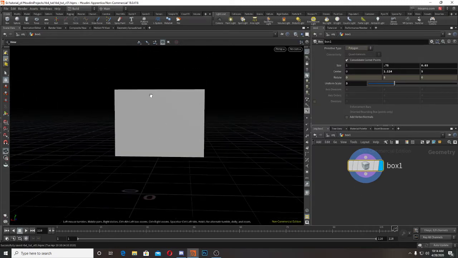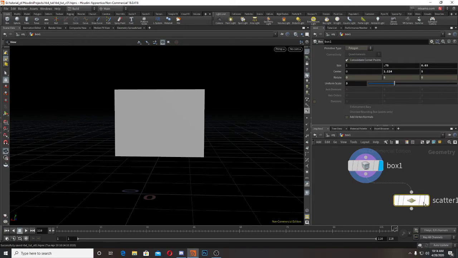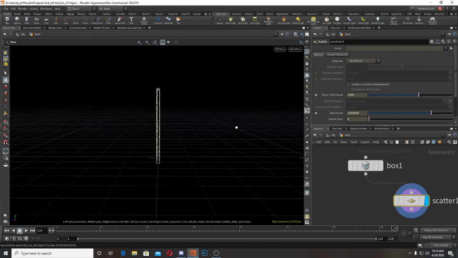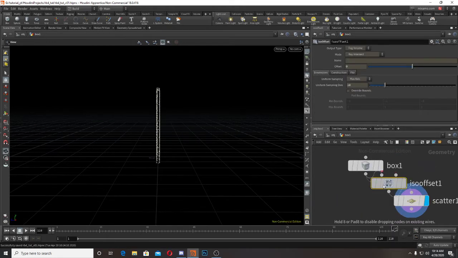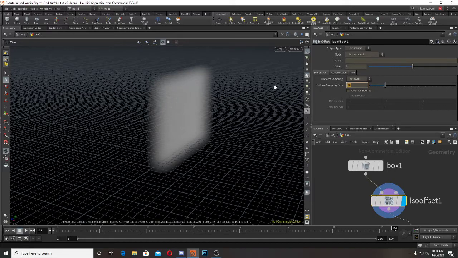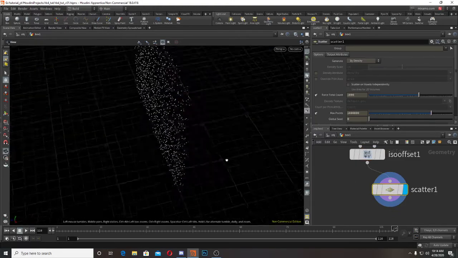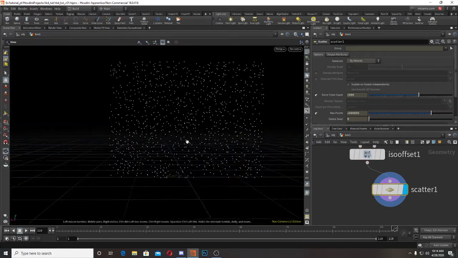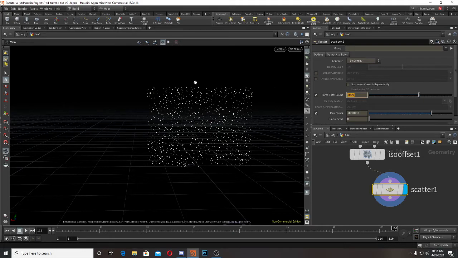So first of all, we need some points to scatter. So I'll use a scatter node. Yeah, so we have this, and I need some points inside also. So I'll use an ISO offset, and I'll show you what it will do. Yeah, so what ISO offset does, it will convert it to a fog volume. So if you increase the division, you can see it properly. Yeah, and now if you scatter, you will get some points inside also. Okay, and before, maybe you can see this. See, there are points inside, but if I remove this, then there are no points inside. So this one, and I'll decrease the points to 250,